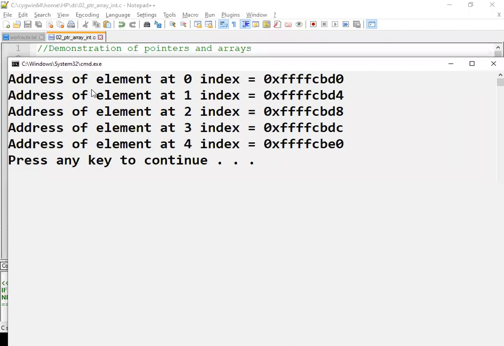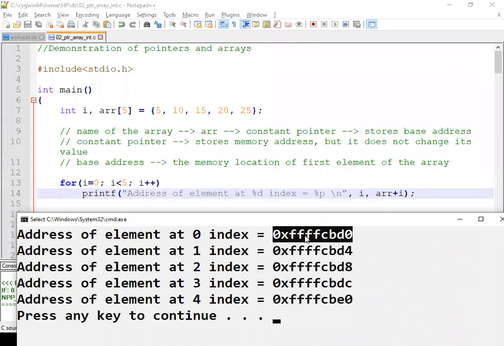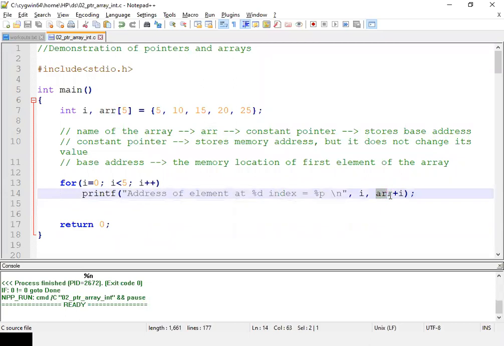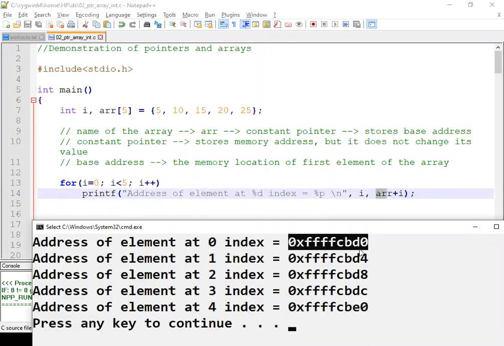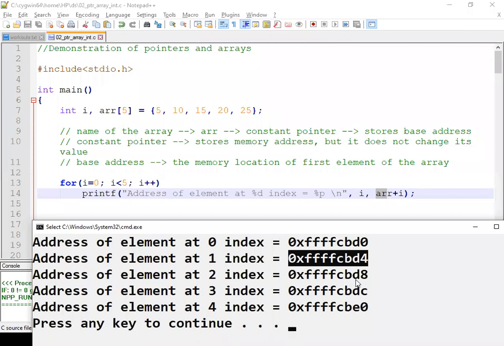Okay. Now the address of the element at 0th index, that is the first element, is D0. How did I get this? I got this memory address by reading the base address value. Where is this base address value stored? It is stored in the name of the array, that is ARR. Plus 0 means it remains the same. Then for the next element, I get the second element address, which is positioned at index value 1. The next address you can see is D4, an addition of 4. Then again an addition of 4, and so on for the remaining elements.